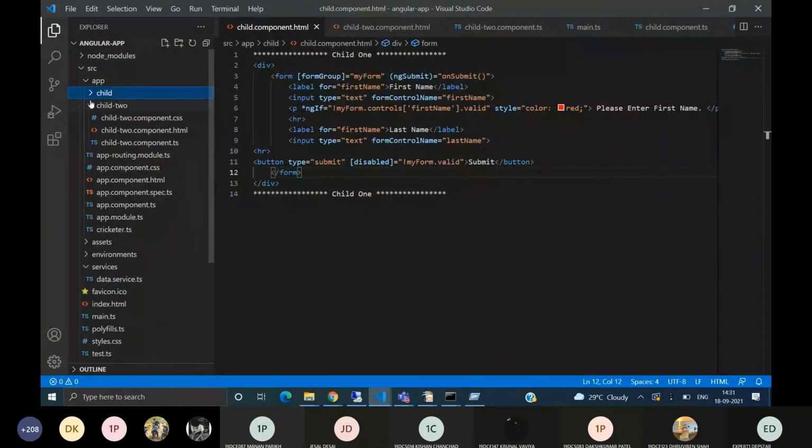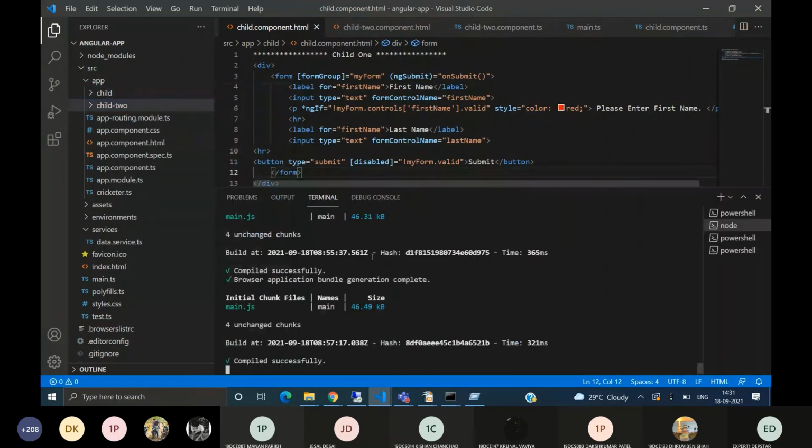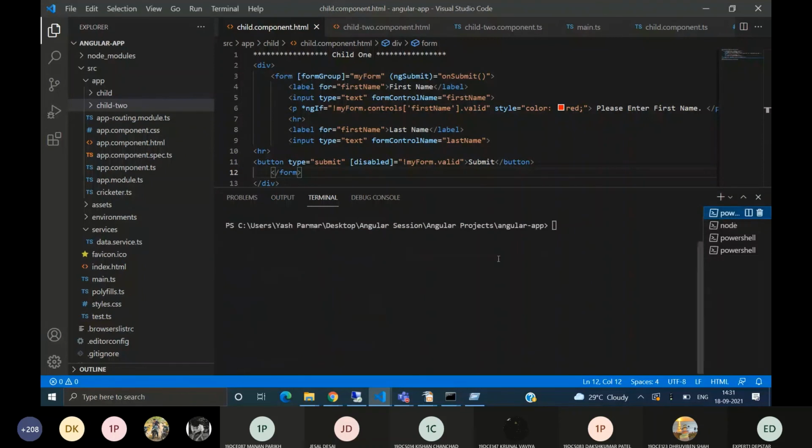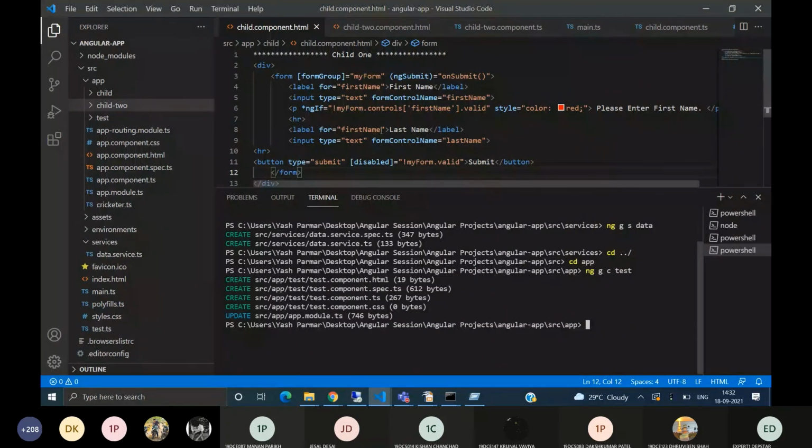let us create a new component. Create a new component with ng generate.